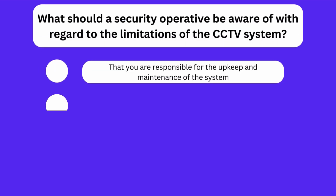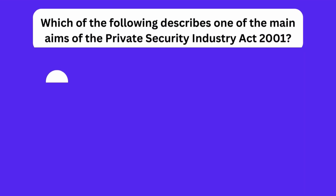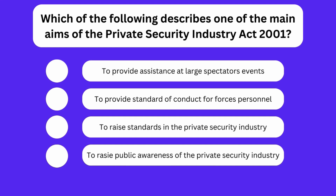Next question is, what should a security operative be aware of with regard to the limitations of the CCTV system? So the correct option is the second one. They should be aware that individuals may become familiar with the scope of CCTV coverage. Next question is, which of the following describes one of the main aims of the Private Security Industry Act 2001? So the correct option is the third one. One of the main aims of the Private Security Industry Act 2001 is to raise standards in the private security